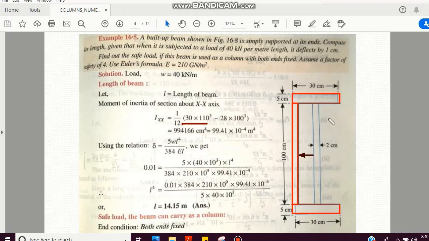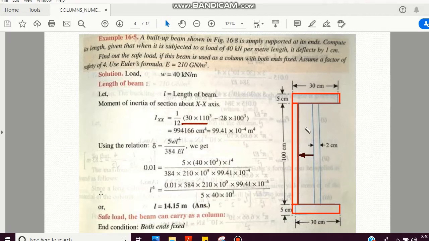I am again explaining to you. This is called the web, and this is the top flange. This one is the bottom flange. So now, first of all, we are going to move this web to the left side. By moving this web to the left side, we get a C section. This one is the I section. So by moving this web to the left, we get a C section.